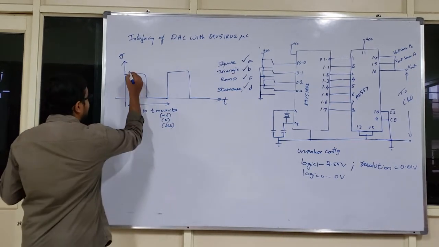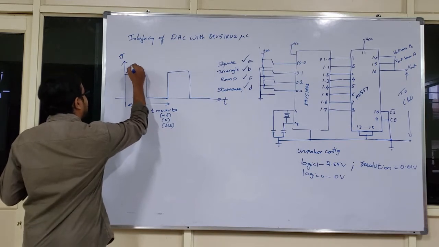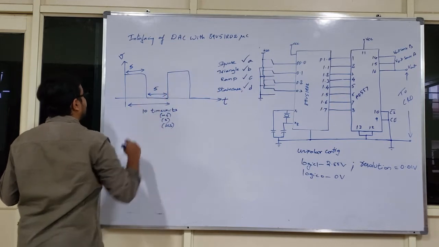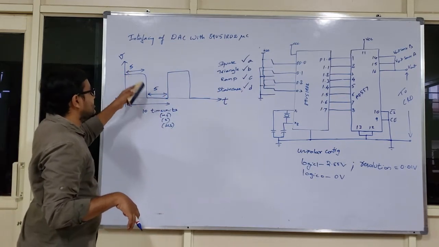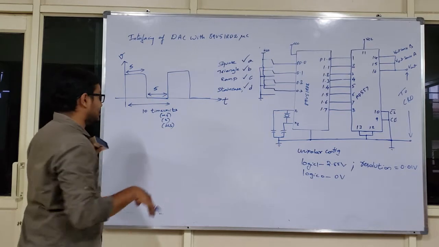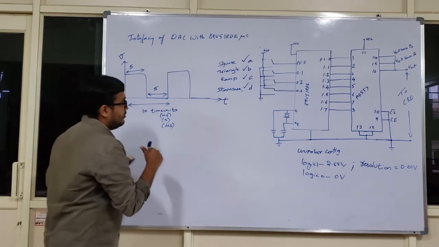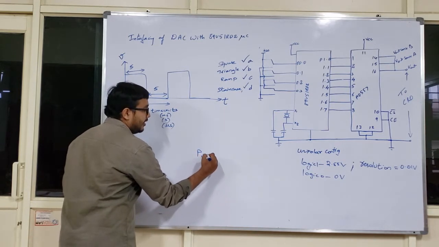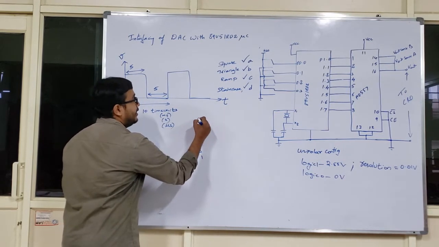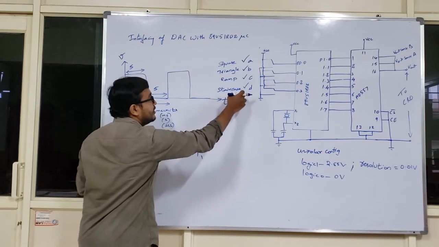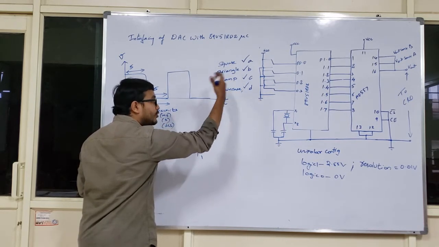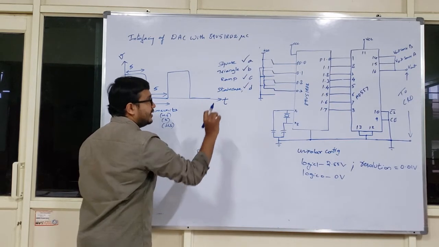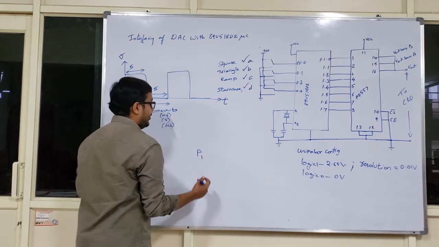50% of duty cycle means 5 time units it will be in the on state and 5 time units it will be in the off state. So let me go with 5 milliseconds and this one will be 5 milliseconds. Now P1 is the output port. P0 will be taking care of which among the 4 have to be generated at the output by turning on the corresponding subswitch, and the output will be generated there.